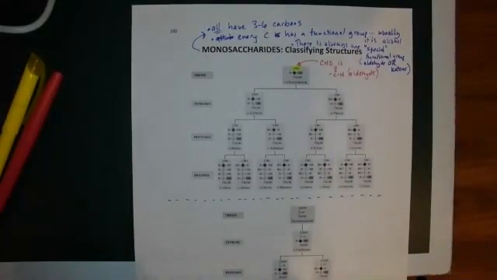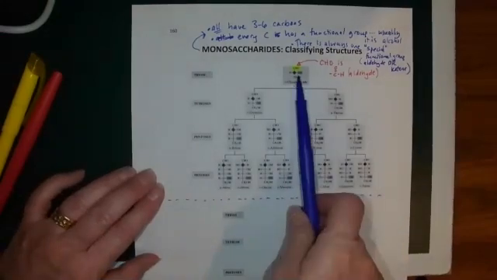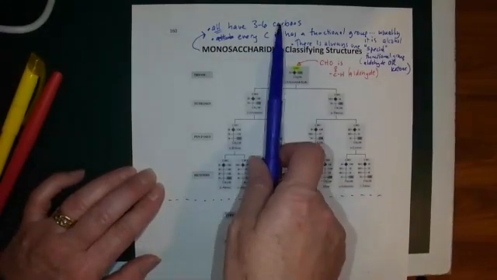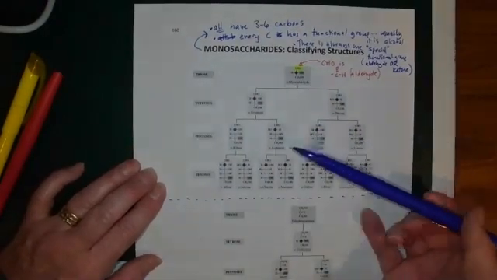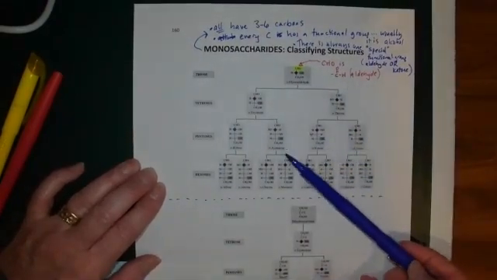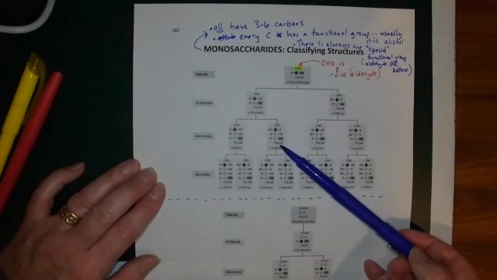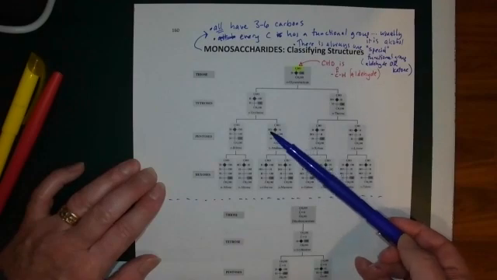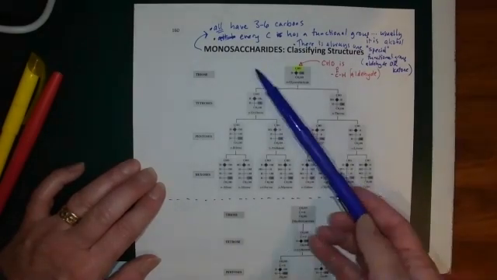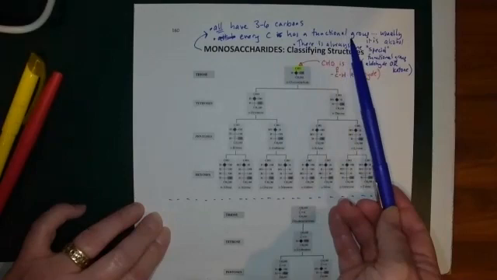And that's what we just saw in those structures on the top half, right? There are 3 to 6 carbons. Yep. Every carbon has a functional group. And as I asked you to do a moment ago, what are those functional groups? Let's look at arabinose, for example. This carbon has OH, that's alcohol. OH, alcohol. OH, alcohol. OH, alcohol, and then aldehyde. So every carbon has a functional group.